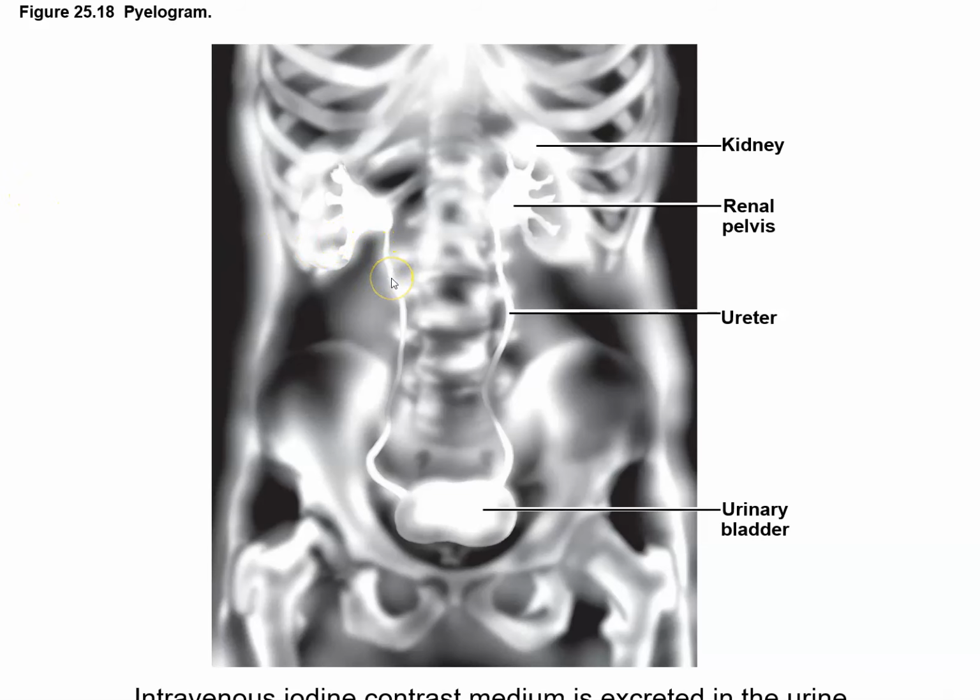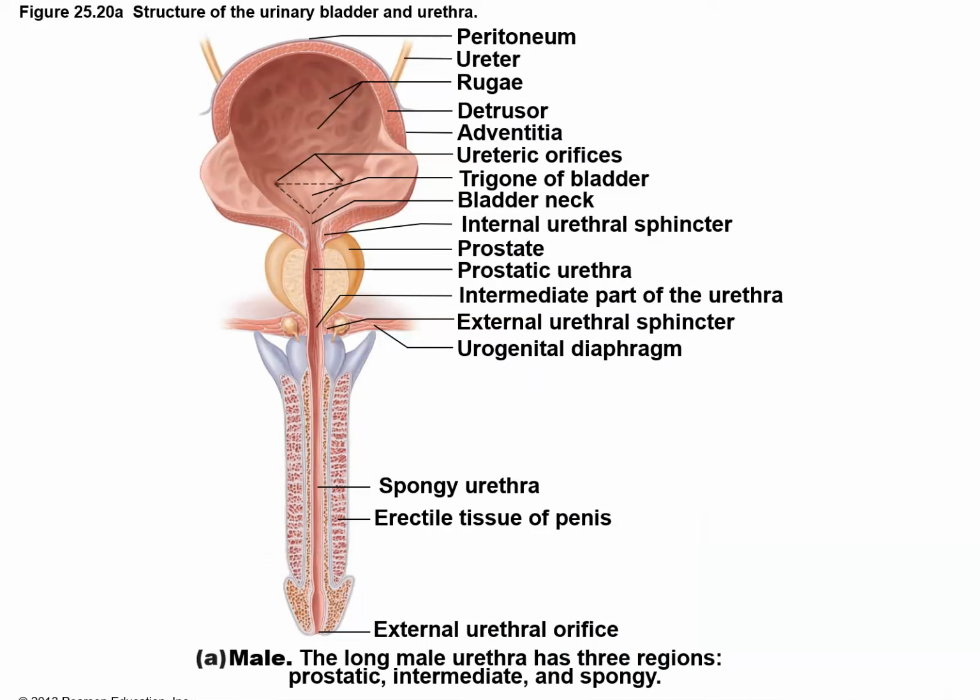It's a way of looking. What if there's a blockage in here? If there's a kidney stone blocking a ureter, all of a sudden it'll be blank further down that ureter, and that's a way of assessing where the kidney stone is and what it's doing. Is it causing a blockage or just pain? Here's a